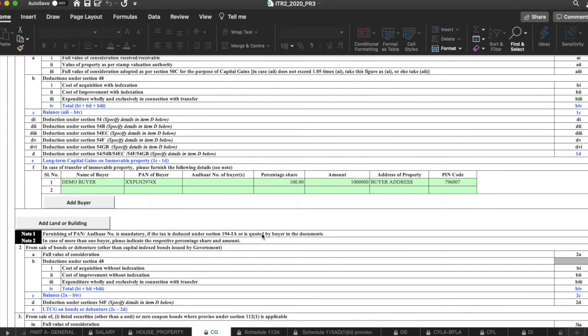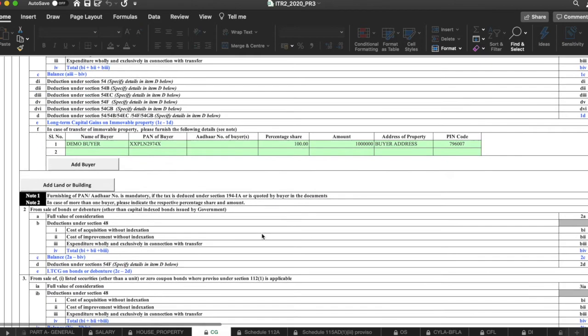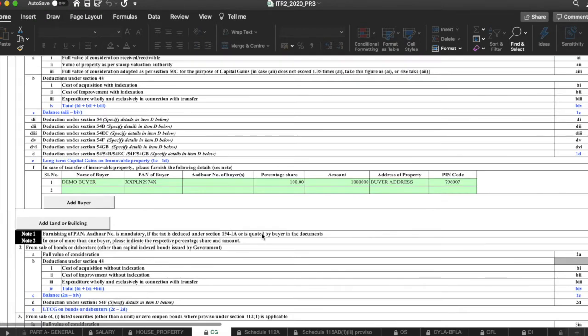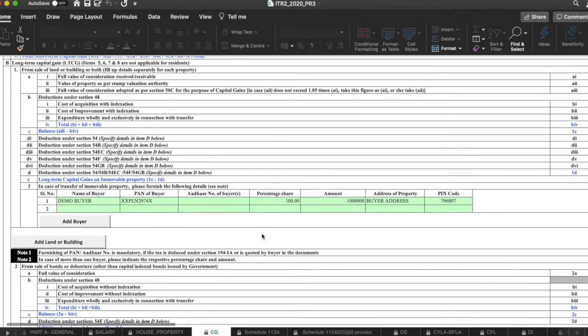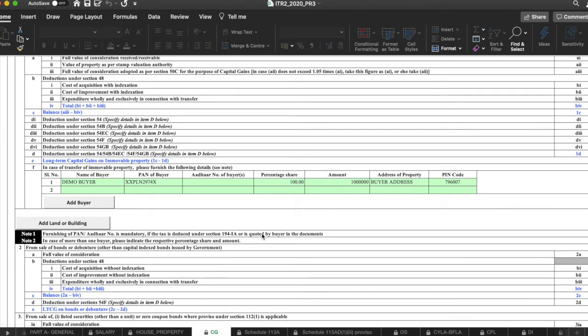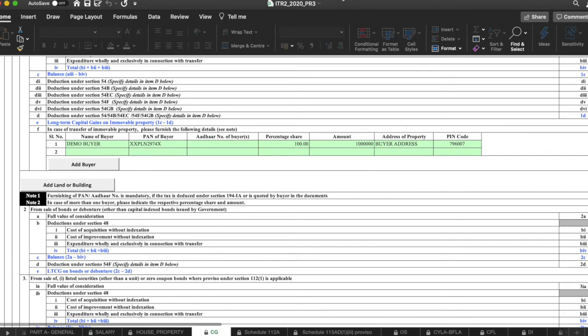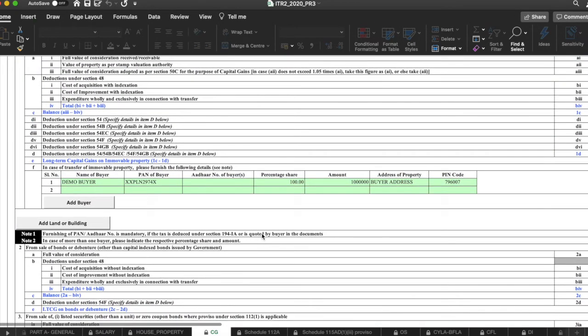Here I have mentioned the long-term capital gain. In this scenario, you purchased a property more than 3 years ago and sold it after 3 years. Only then can you update those details in this long-term capital gain. Suppose you bought a property a year back and sold after a year, then you can't update those details in this section. That will come under short term capital gain, and in this scenario I have not covered the short term capital gain.